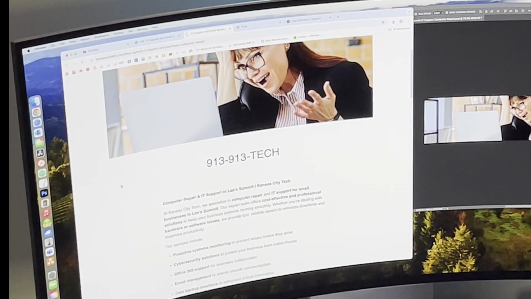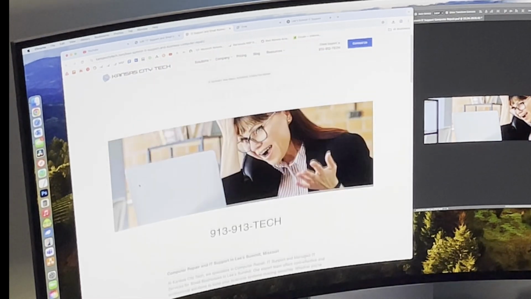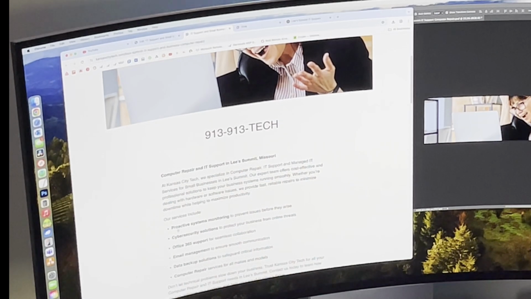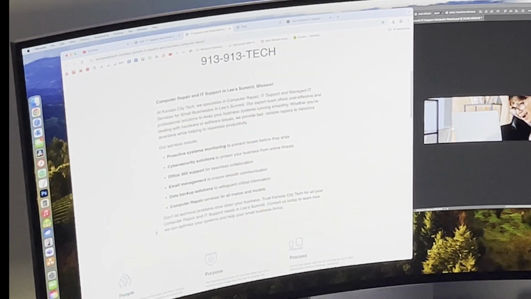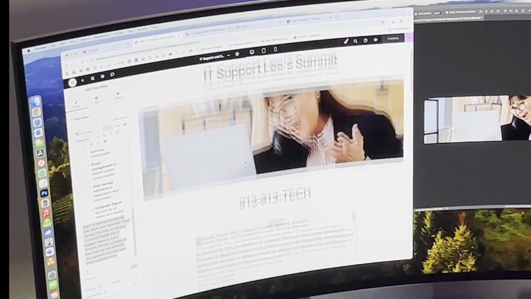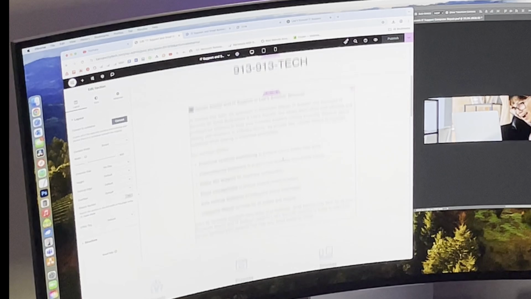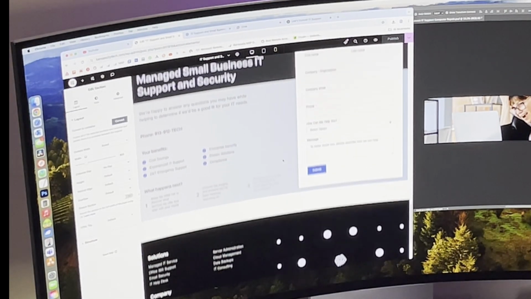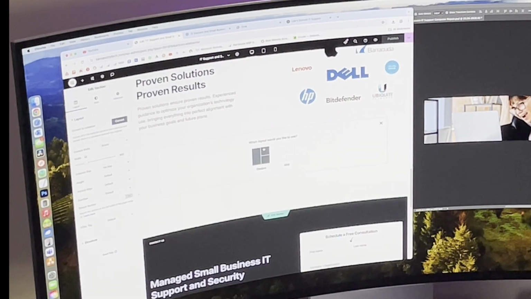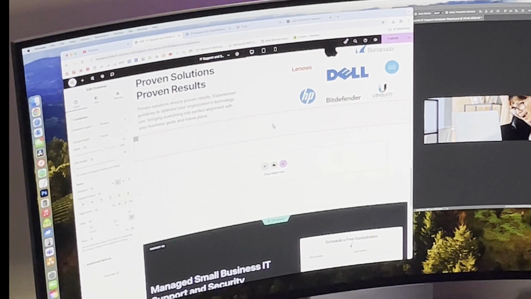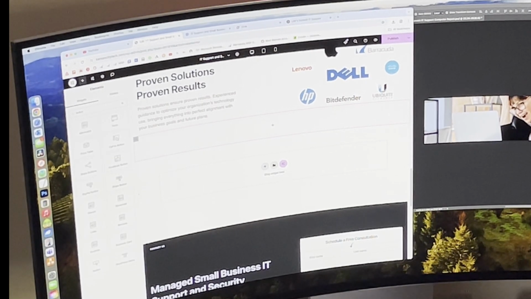And so I do need to reorganize this a little bit so that the word computer repair is at the top here. Because again, if they have a computer problem, they're not thinking about proactive monitoring. That's the last thing on their mind. So what I'm gonna do is see if there's a way that we can add a, and I think I'm gonna have to come down here and do this. So I'm just gonna add a button. And I'm gonna make that button really, really big so that